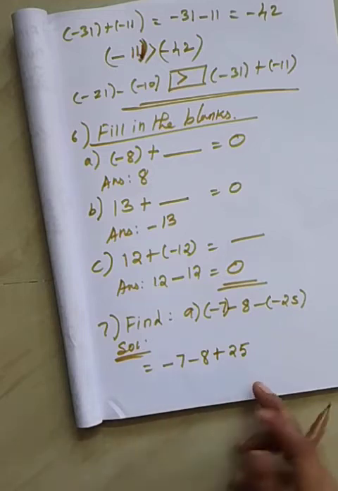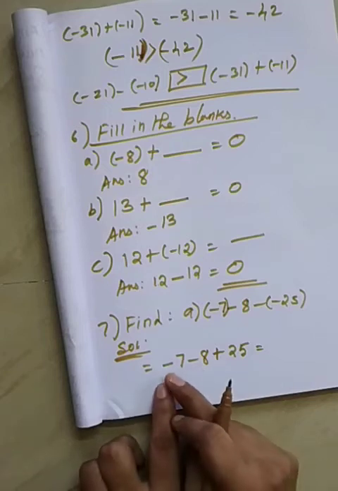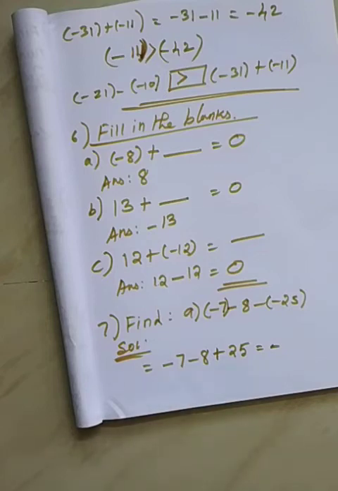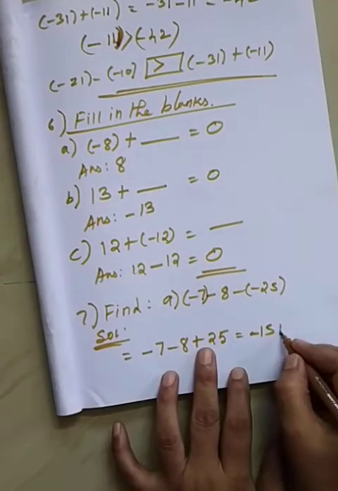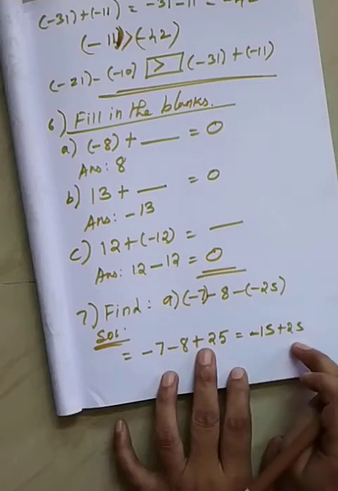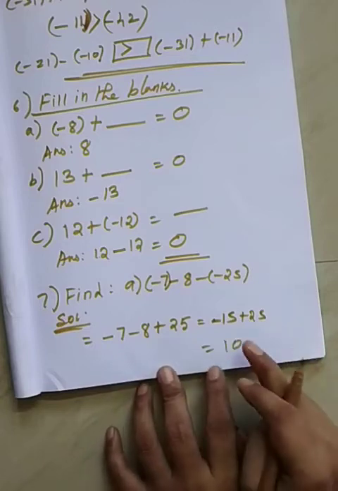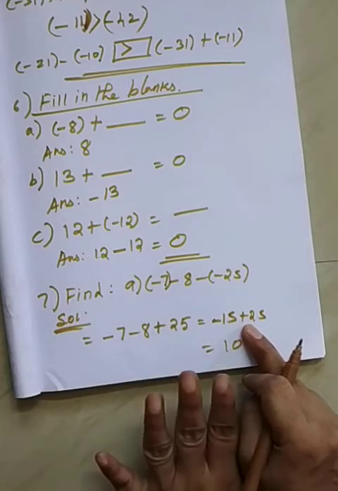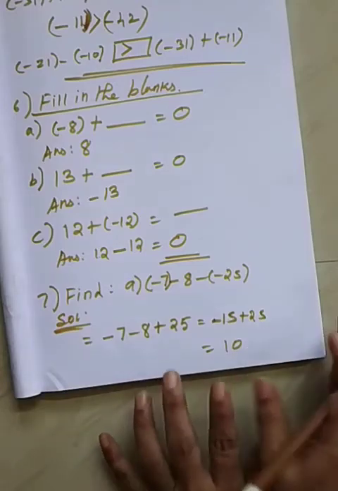Okay. See, the next one. See here, minus 7 minus 8. So minus minus both are same sign. You can put minus. Now you can add. What is 7 plus 8? 15. But the symbol is minus. Okay. 15 plus 25. Now you have to subtract. What is 25 minus 15? Directly you have to write 10. Or otherwise, which value is the largest? 25. What is the sign? Plus. Now you have to subtract the largest value to smallest value. You will get 10. Clear?